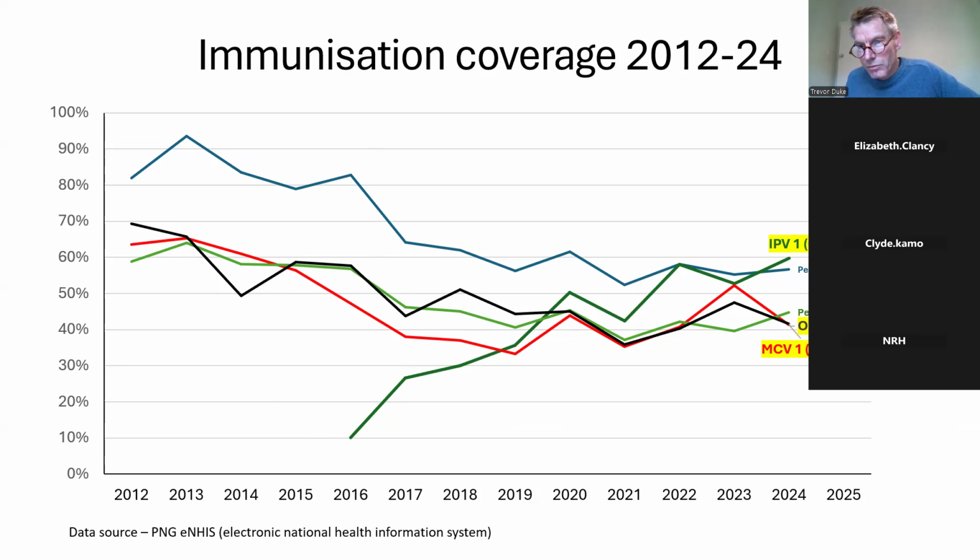The coverage of IPV is about 60%, probably a bit lower than that. Even that is way too low. It means a high proportion of the community are unprotected from polio. Last week I talked about measles, and you can see the measles vaccine coverage is distressingly